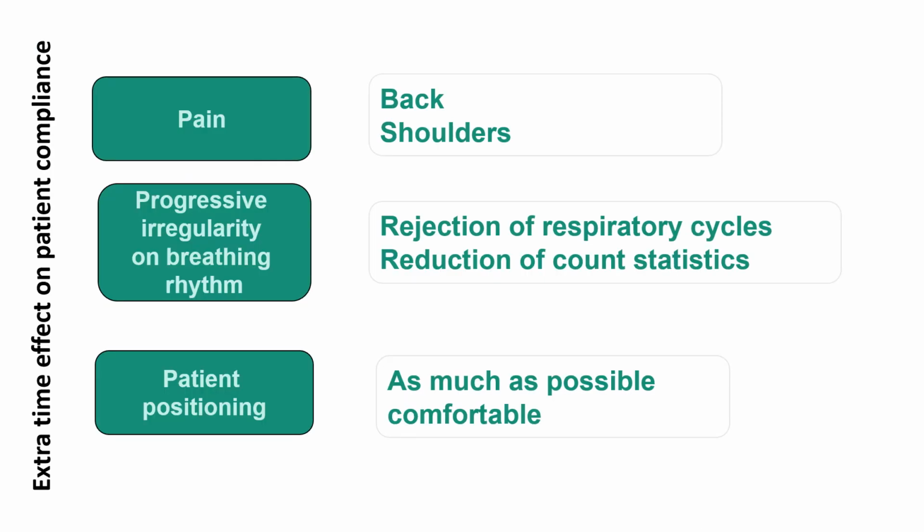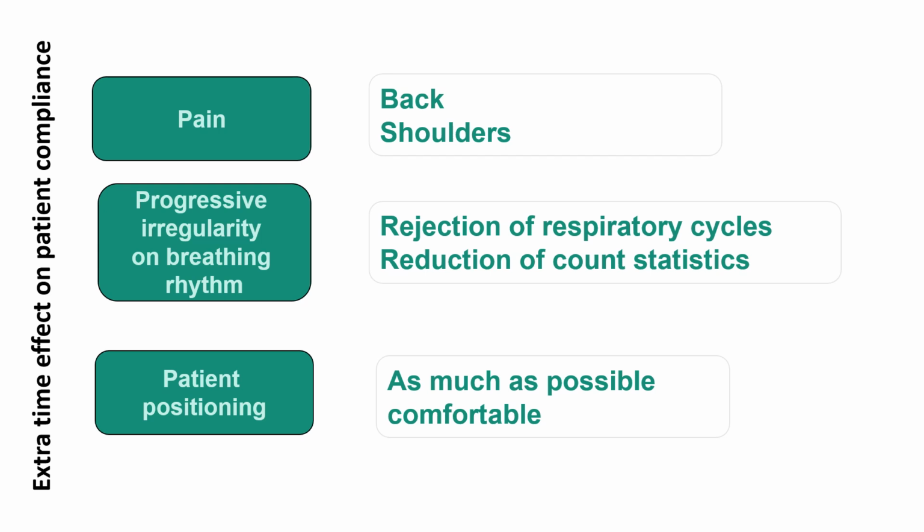Another important limit in the 4D protocol is related to the extra time that is needed to acquire data. As the counts collected during acquisition are split into the different phases, to get a result with good count statistics, the acquisition time for each bed field of view must be calculated multiplying the standard duration by the number of phases. So if we usually acquire a standard field of view for 2 minutes, the total duration of the corresponding 4D field of view will be 12 minutes.